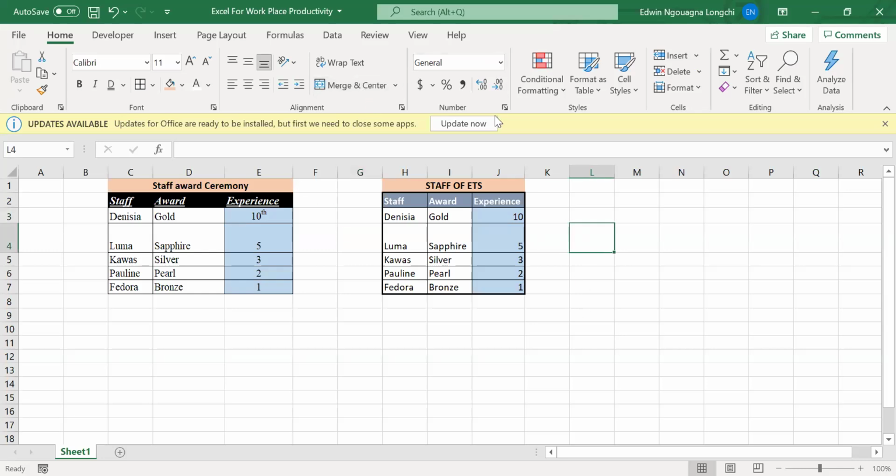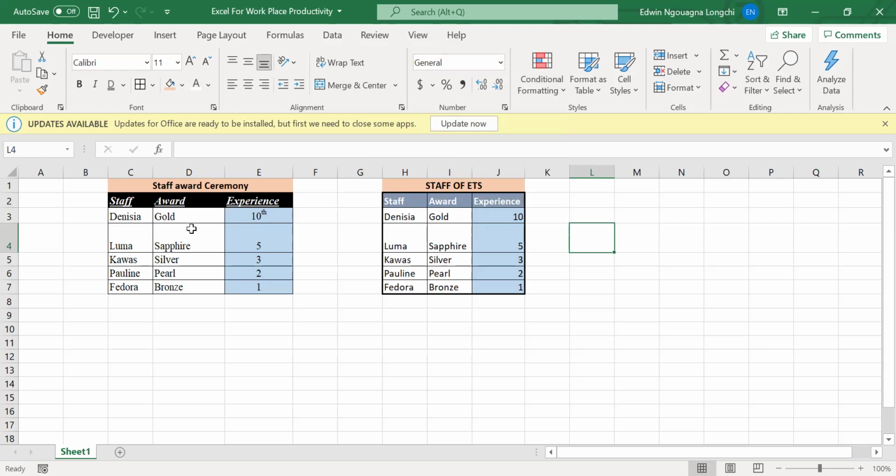Okay. So here, very important. You see this guy here, General. This one is very important. It's telling you that all these things we have been writing here, Excel just considers them as general data. It doesn't know whether it is text, date, or currency. So this one is very important for those who will be doing data analysis next week, or those who want to do analysis in Excel. You must format your data using data types. This is the number format, but I call it a data type format because it will help you to format your data.